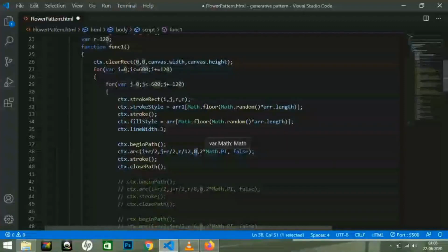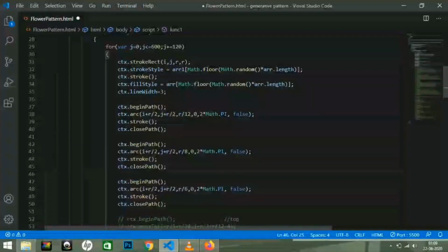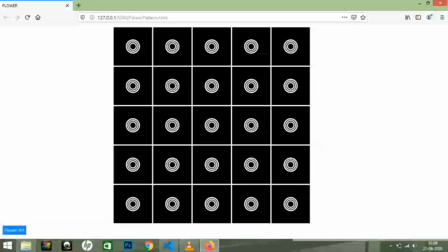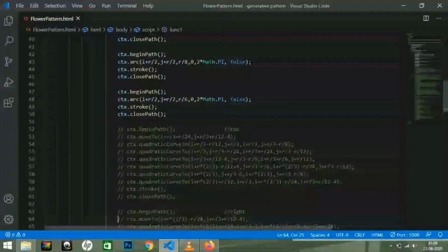For today's image I need 3 circles with varying radius drawn with the same center coordinates. So similarly, I have defined the code for all the 3 circles. Now let's uncomment the code, save it and see the changes in the browser. As of now, we have completed the center part of the image. So let's move to draw the petals of the flower.